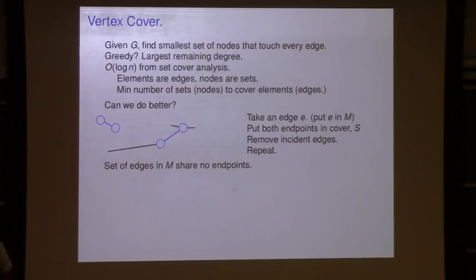So now look at these 2 edges. They don't share endpoints, right? There's something nice about these edges. Anybody who is covered by this one is not neighboring these. These edges are disjoint. The set of edges in M